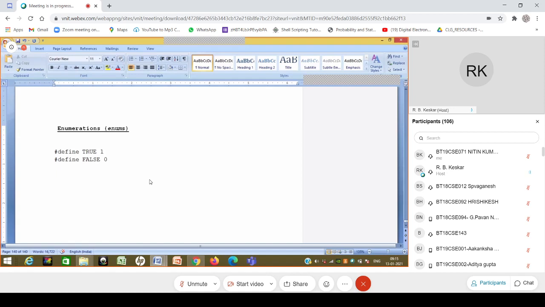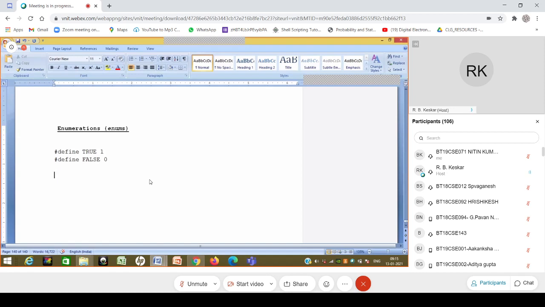And then whenever I require a true value, I can use TRUE. So it becomes more readable, right? You can agree that this becomes more readable. For example, I can say if some condition is true, or some function is returning true. There might be a call to a function which returns true or false. Is some element part of a database? I can ask the question is part of, and the answer could be 1 or 0. But 1 or 0 can be captured as true or false basically.